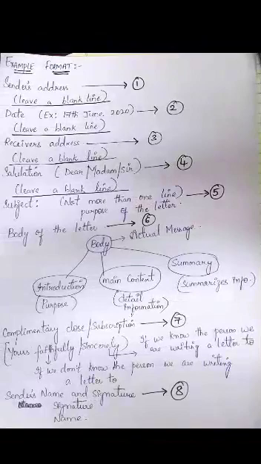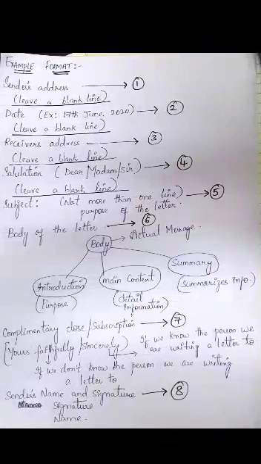Okay, the body of the letter is actually the message of your letter, the purpose of your letter, that is why you are actually writing a letter. So the body of the letter is actually divided into 3 paras. The first paragraph should have the introduction, that is nothing but the purpose of the letter, and then the next para should have the main content, that is the detailed information of why you're writing a letter, and the third paragraph should be the summary, that is nothing but you are summarizing the information.